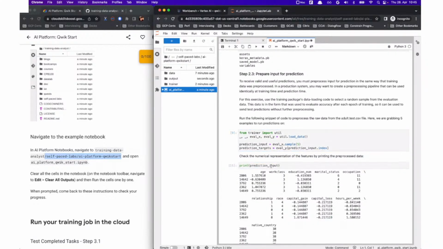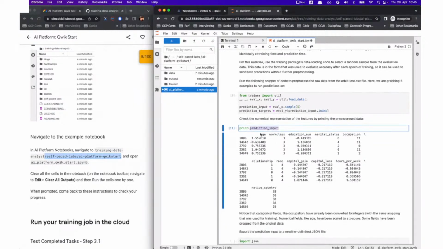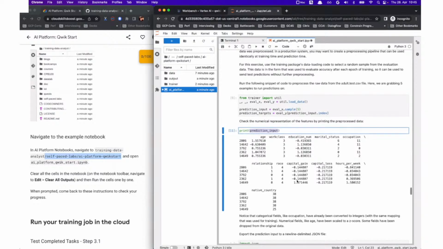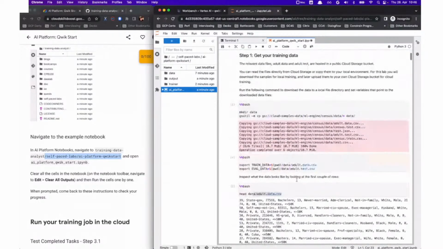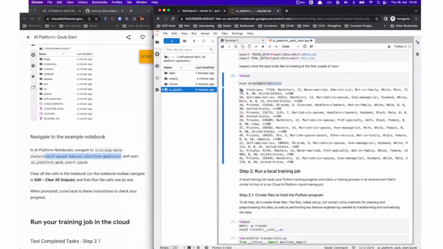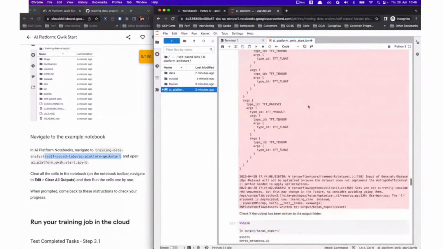We're going to print out this evaluation data set that we've created, and we can see that it has age, work class, education number. Now, if you compare the data that we have in here to the data that we looked into at the beginning of this notebook, let me scroll back real quick. We saw how data like age was an actual number, the zip code was a number, maybe a bachelor's degree, the marital status was also a name. But when we come in here, we'll see how these are actually numbers, weird numbers that are